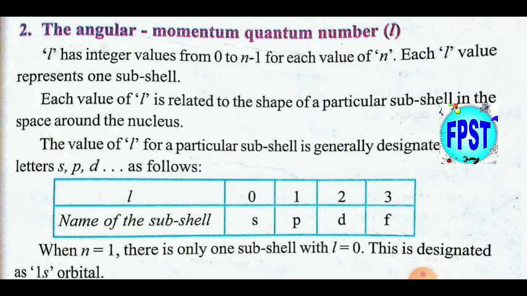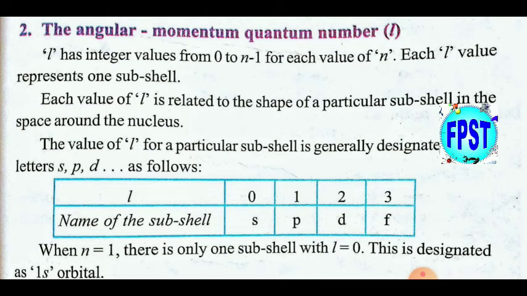And for the second shell, means for the n value 2, there will be two values for L. They are 0 and 1. And L is equal to 0 subshell is S subshell. L is equal to 1 subshell is P subshell. The shape of the second subshell will be elliptical, somewhat elliptical. To introduce it, he increased the values to know that the major axis is much greater than the minor axis.